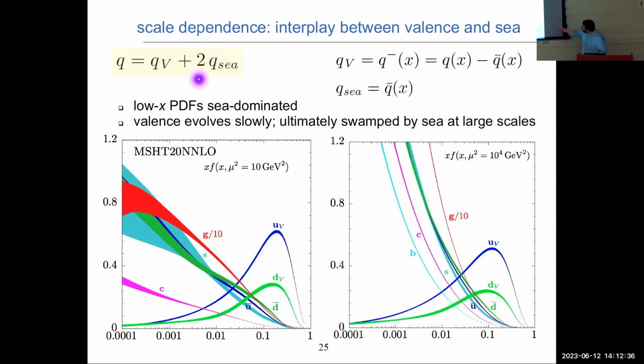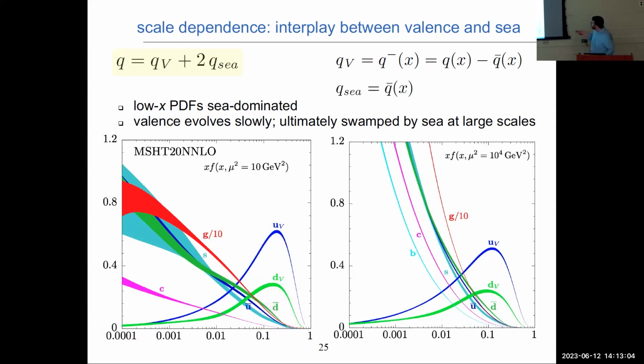And so if I were to plot, this is one of our sister groups, the MSHT group, and their recent release of PDFs. If you plot, for instance, all of the PDFs again at a lowish scale, it's not unlike what I was showing a little bit earlier, the valence structure is very evident for u and d, marked by the fact that these vanish as one goes to very low x, and you get this very clear hump-like structure at very high x, again, peaked around x of a third or so.